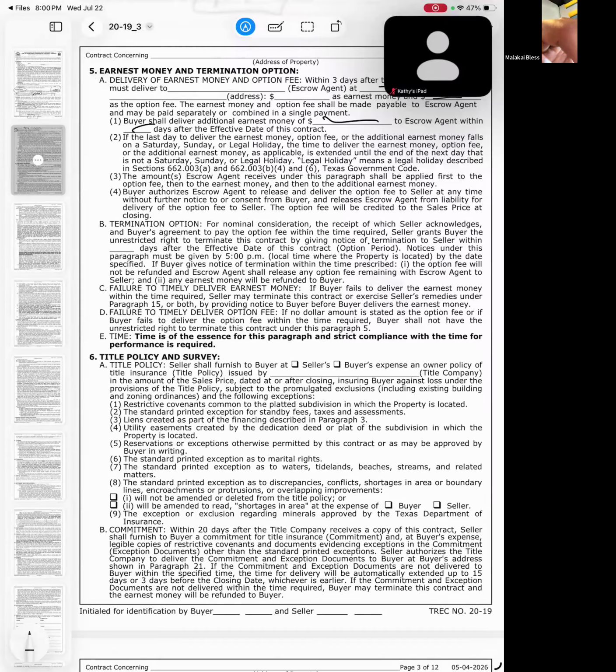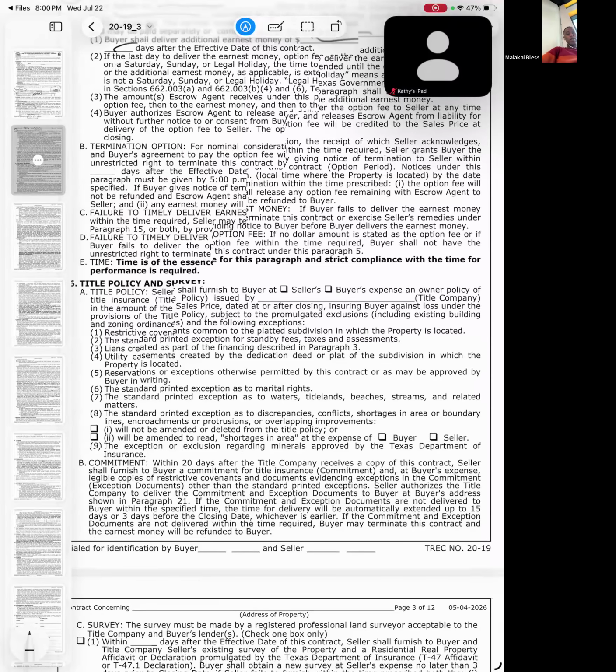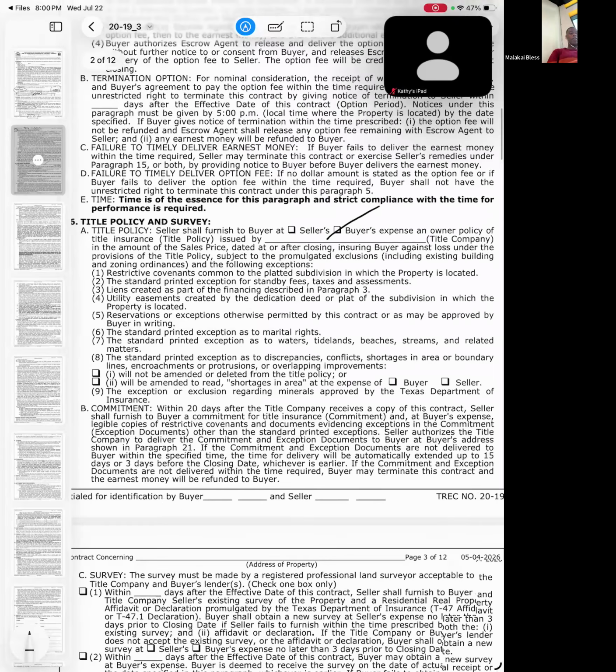Termination. Given a termination within, I'm going to generally say put 3 days here. But you could also just put a day, like one day. But this is a section that isn't as genuinely important, to be completely honest. Title policy. So this is also general title policy. Seller shall furnish buyer with, is usually our expense title policy because we're covering title. And then